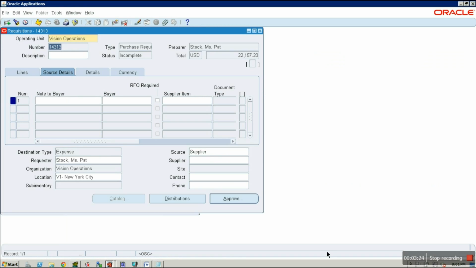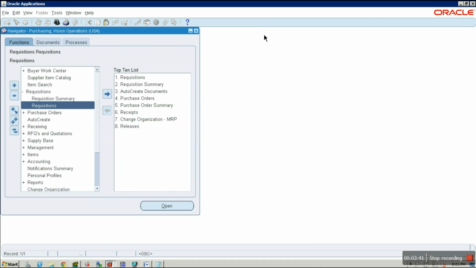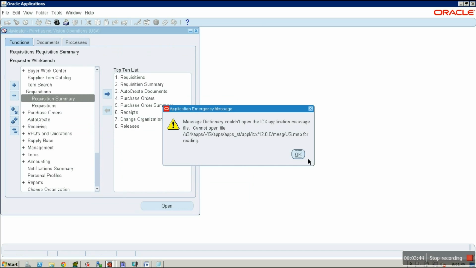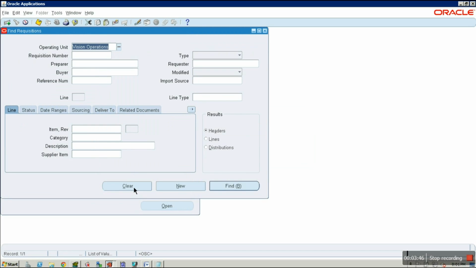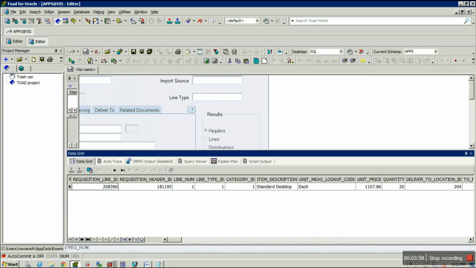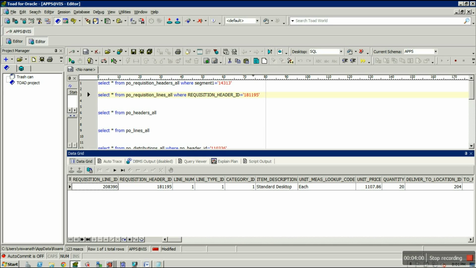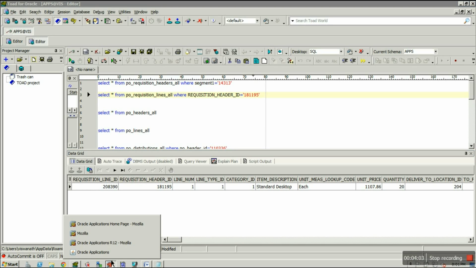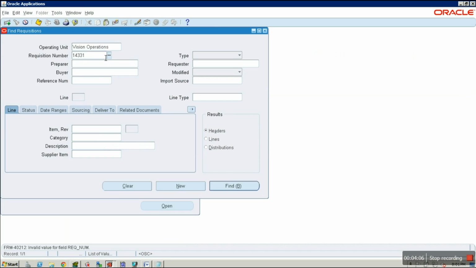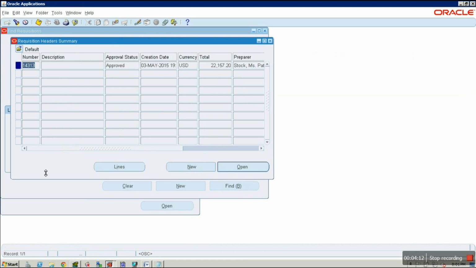Now click on approve button to approve this. Requisition is approved. Close. Go to requisition summary, clear, and enter the requisition number as 14313, and click on find button to find the requisition, and we can find that requisition status as approved,